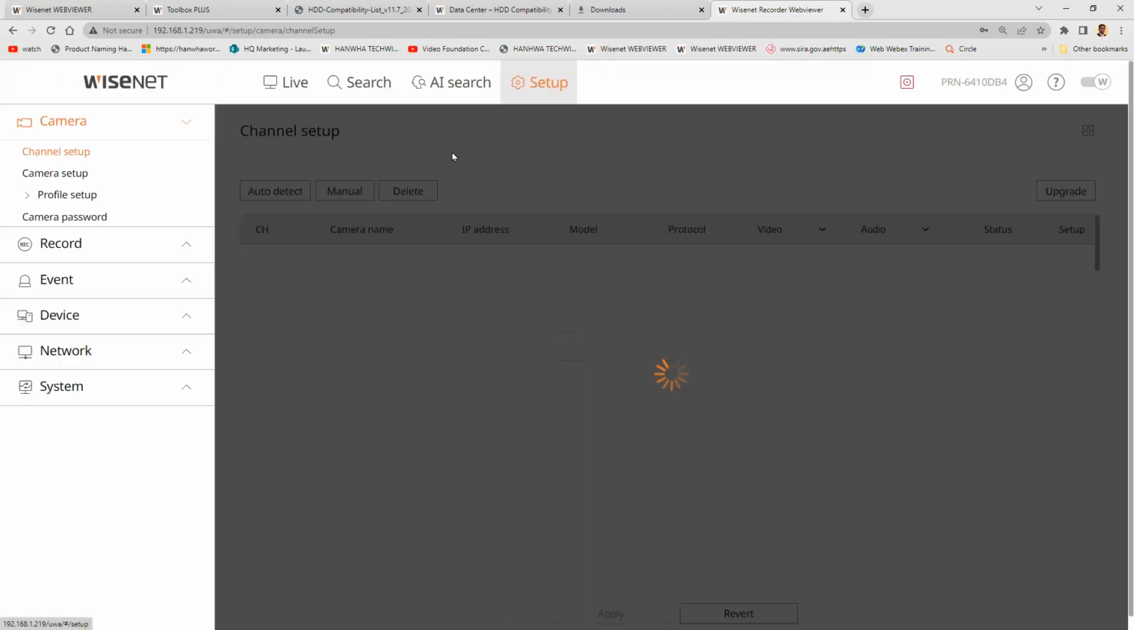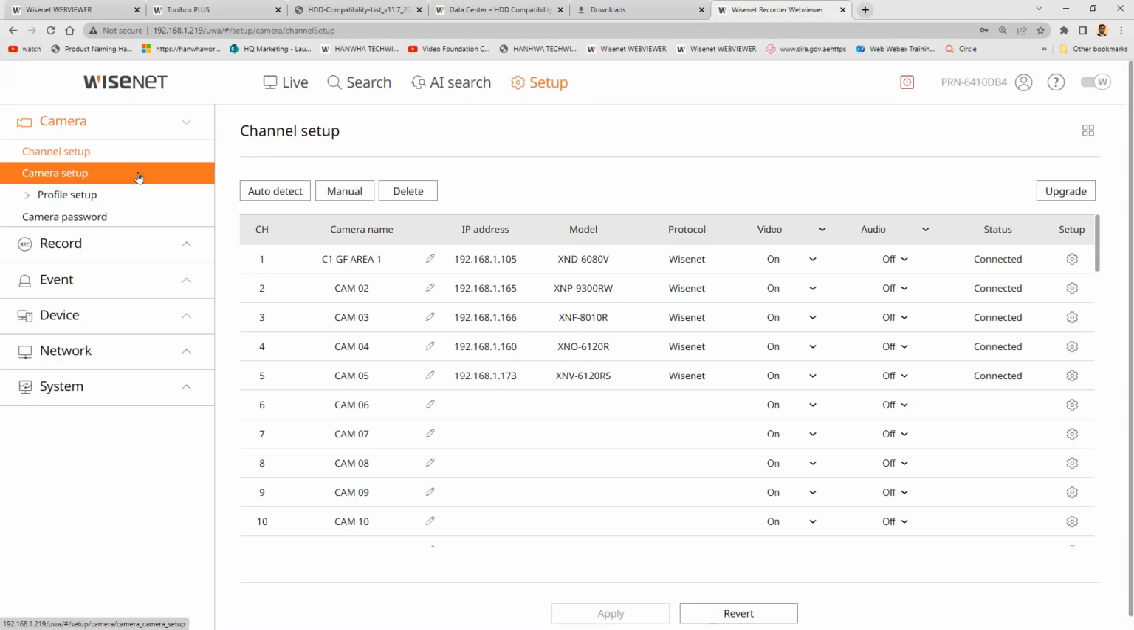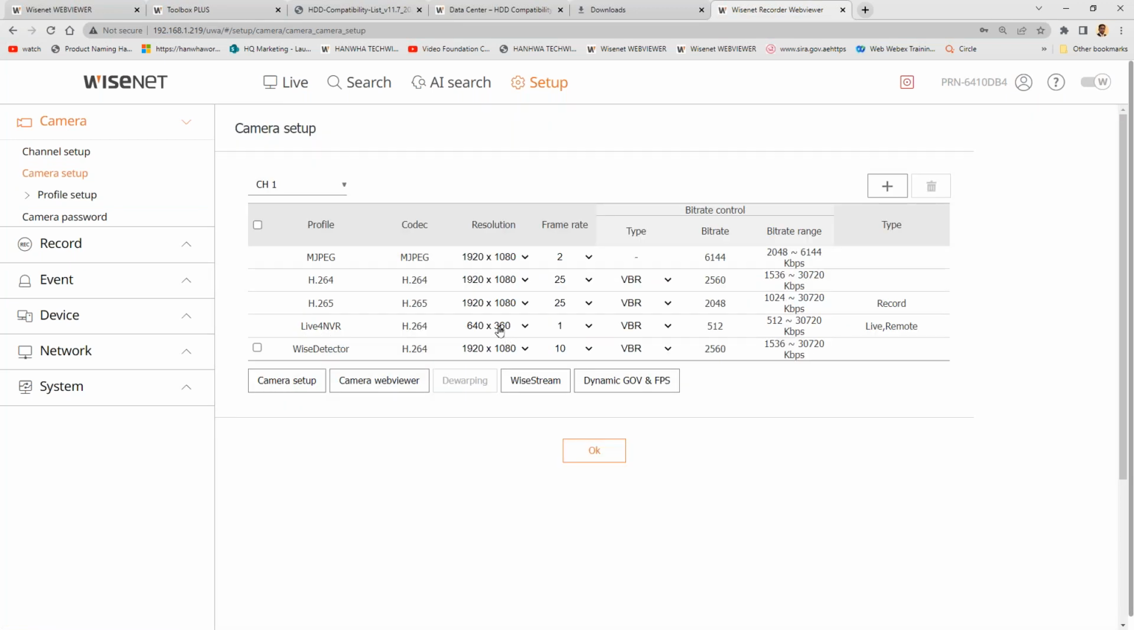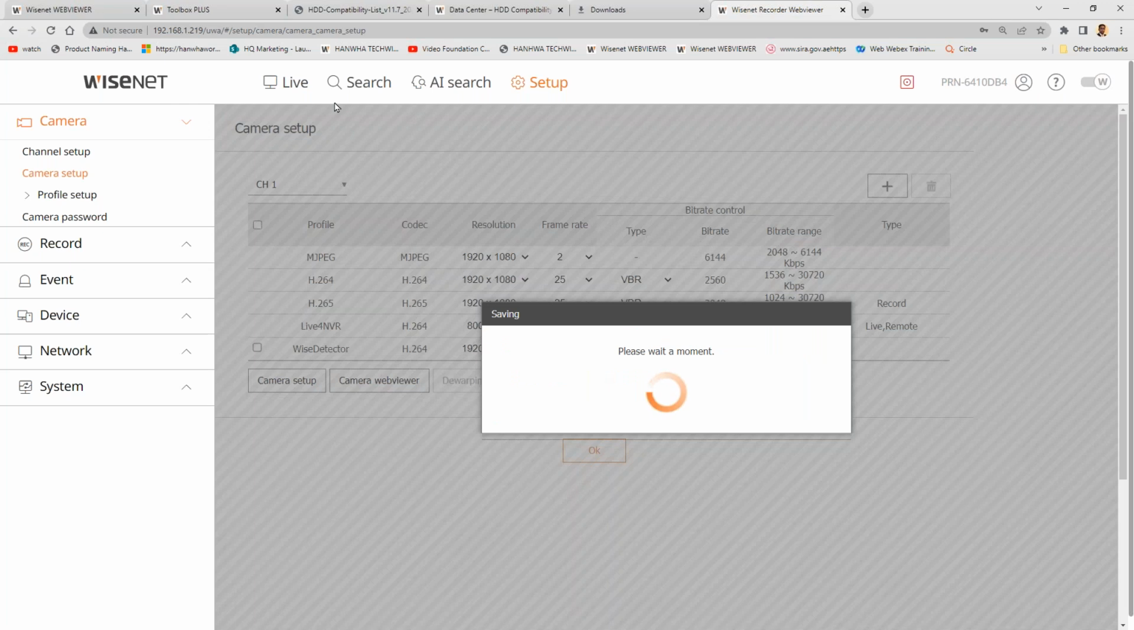So do not change the camera setup. NVR will create a profile called live for NVR. Do not change it. You can make it high frame rate. You can make it 800 is okay, 640 is okay, but do not make it 2 mega, because when you're seeing in full resolution,